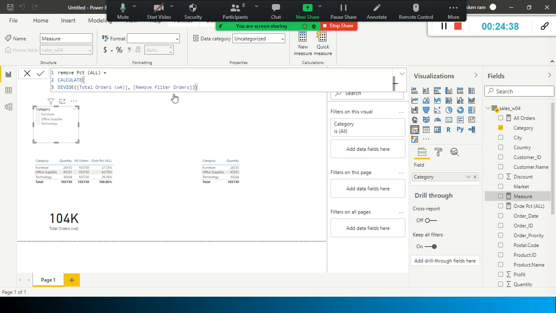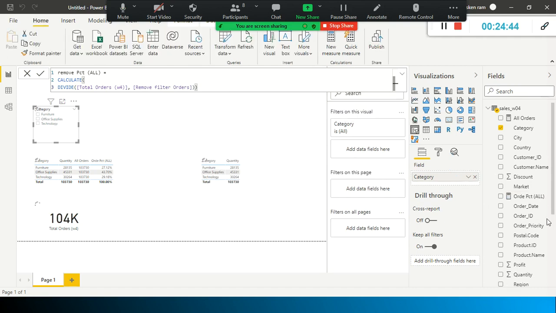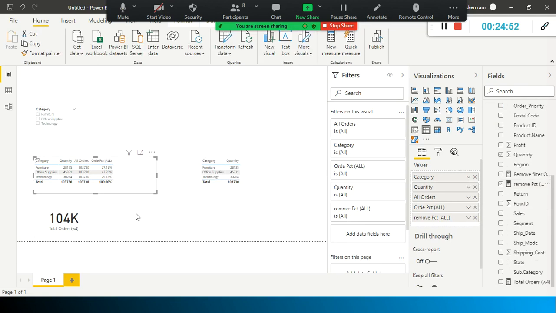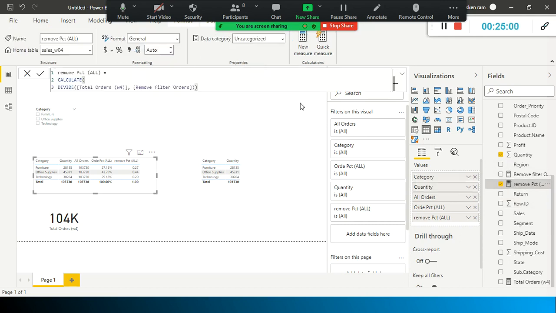So I'll be applying this one here. I just drag and drop this one here. Look here. I just convert this to a percentage. You can format it so that it will be nice.